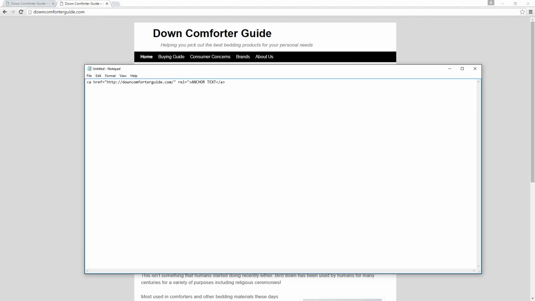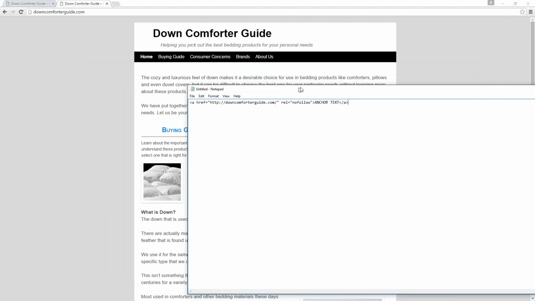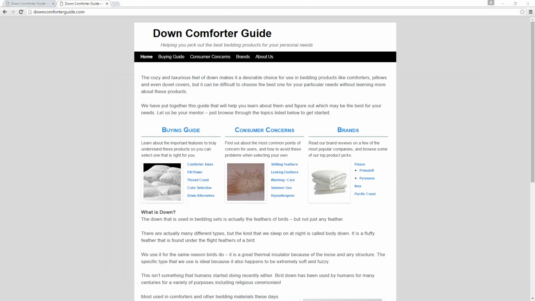All you're doing, though, is adding in a space to separate this from this, and then you're just adding in the phrase rel equals, and no follow enclosed in quote marks. That again makes your link no follow, so search engines won't index it, or at least they're not supposed to. They're still kind of free to do whatever they want to do with that.